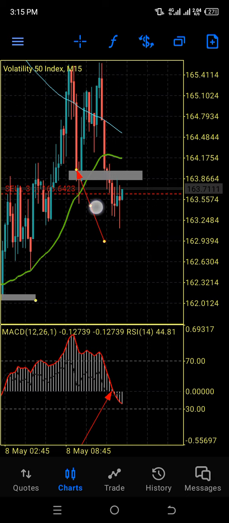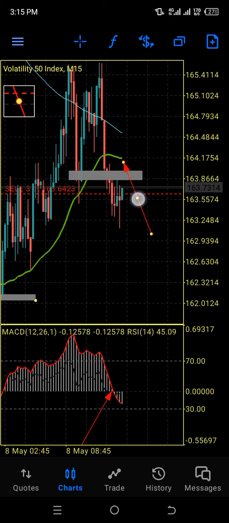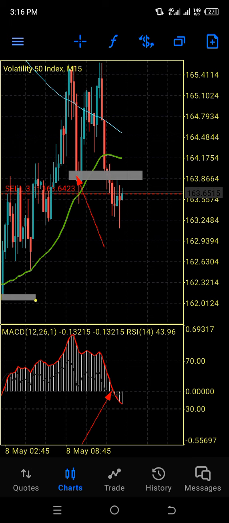Okay, and of course, like I said, price is below the moving average, so it's still a downtrend until proven otherwise. For this to be over, I want to see the 2 moving averages cross back for a buy, and of course break above this top here for me to know that this trade is a loss. But for now it's not, it's still ongoing. And then MACD as well has confirmed a sell right here.